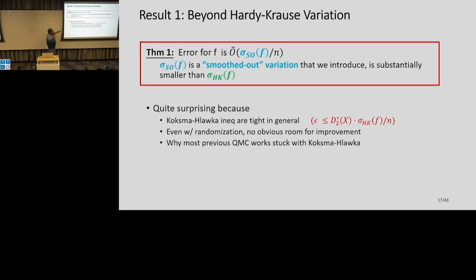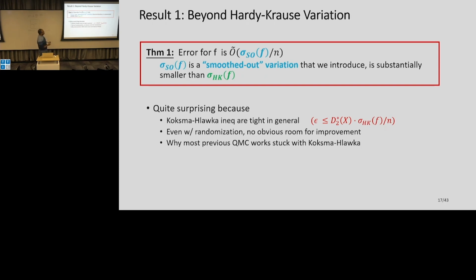And maybe this is surprising because, in general, these inequalities are tight. Right? As I said, if you fix a set of points, I can find a function that does badly. And of course, the way we'll be able to improve this is because our construction is random, so you can hope. But in general, maybe this is a more TCS way of looking at it, and maybe people didn't look at it too much.